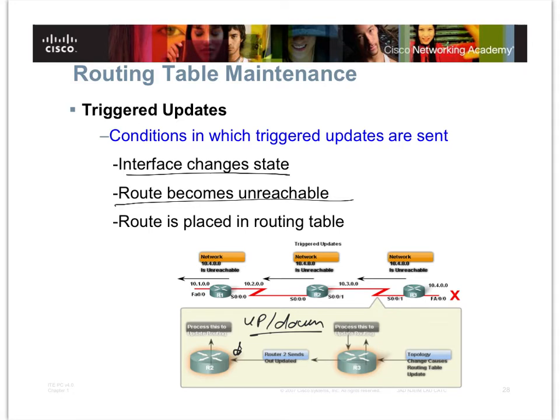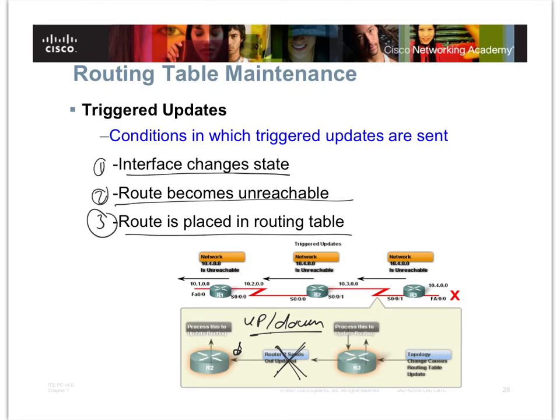So the link between router 2 and router 3 goes down for some reason. Router 3 sends information to router 2 to tell it whether it's alive or not, and router 2 does not respond for quite some time. This is an indication that the link between them is down, or it got disconnected. Or number three